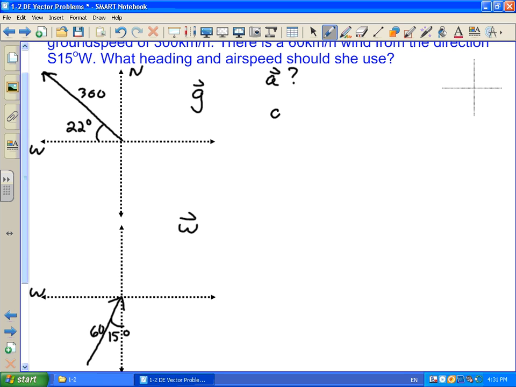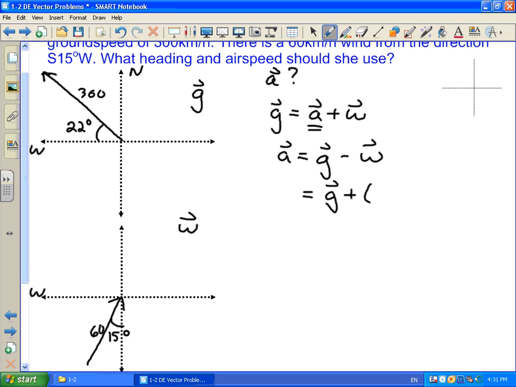And we're going to use this relationship that the ground velocity is the air velocity plus the wind velocity. But what we're trying to find is the air velocity, so we want to rearrange this. We'll bring the wind velocity over to the other side to get that the air velocity is the ground velocity minus the wind velocity. The other way of thinking of this is that instead of subtracting the wind velocity, we're going to think of adding the negative of the wind velocity vector. So if we add the ground velocity and the negative of the wind velocity,